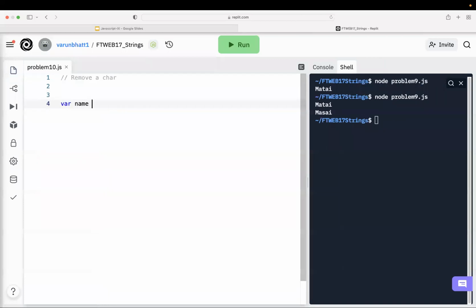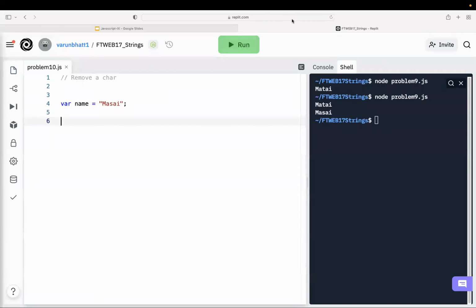If I take a string name equal to Masai, now in that case what I will do, just listen to this story. If I want to change this Masai, if I want to remove a character, so now you can see